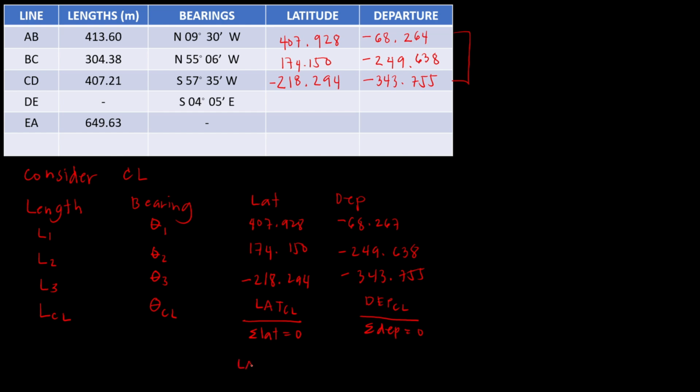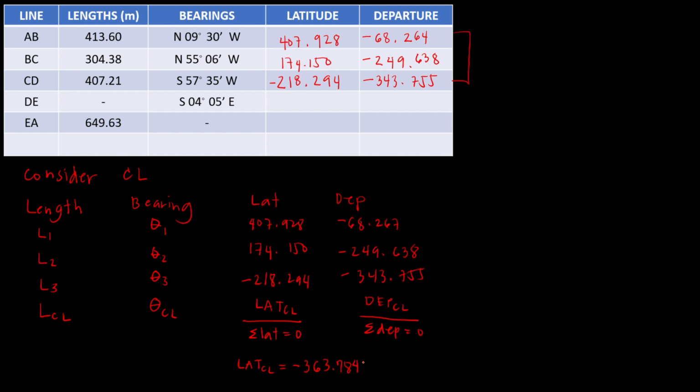So, latitude ng CL is equal to 407.928 plus 174.150 minus 218.294 is equal to 363.784. Pag nilipat natin sa kabila, so magiging negative siya. So that is negative